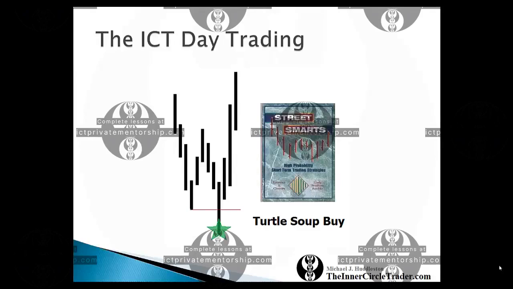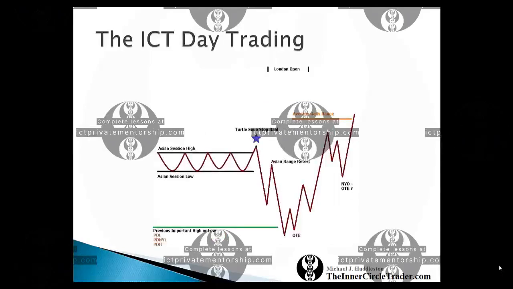respect of your charts, because if you don't keep that in mind, you're going to get nailed by these intraday market reversals. Now, as you can probably guess, the turtle soup on the reverse side is a break above the high, and we'll talk about that as we get to it. But most everyone that's familiar with my concepts in day trading, especially as it relates to